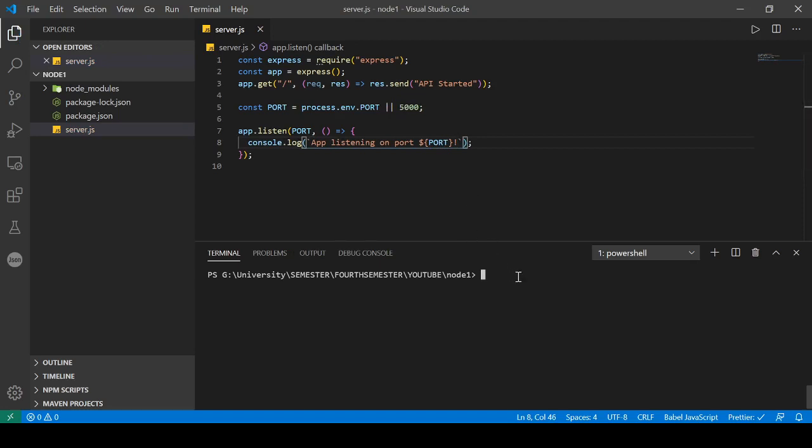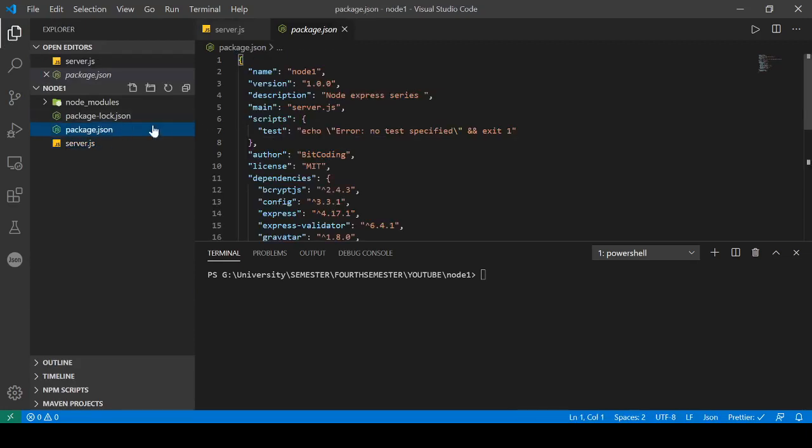Now we can run this application using node server.js by typing in the command line, but we are not going to use this. We are going to define some scripts from which we are going to run our nodemon, and we are going to use our application in that manner. So let's come inside the package.json, and we are going to define a script. Let's make this start script,